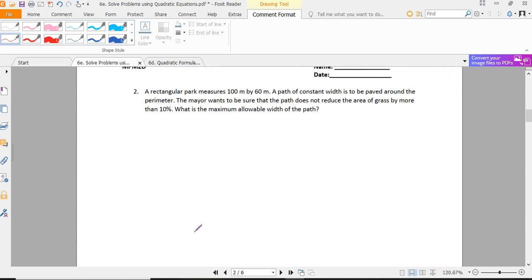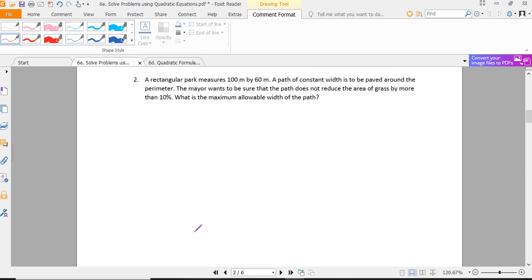So this question was tricky. A lot of these other questions are similar, but it's all in the wording. Okay? It's all in the wording. So some of these, I'm going to set them up for you, but I'm not going to fully solve it. It's up to you to decide whether you use the quadratic formula, factor, or complete the square